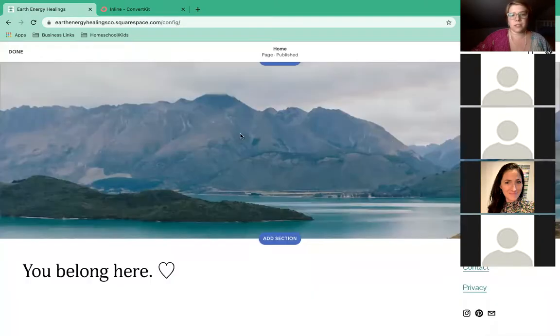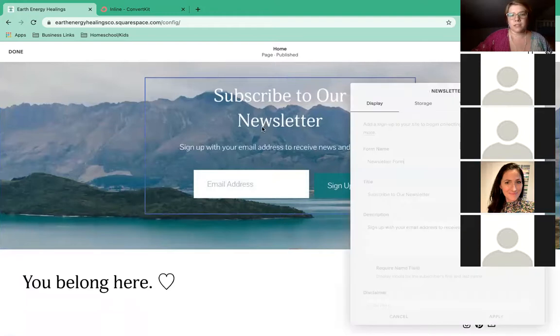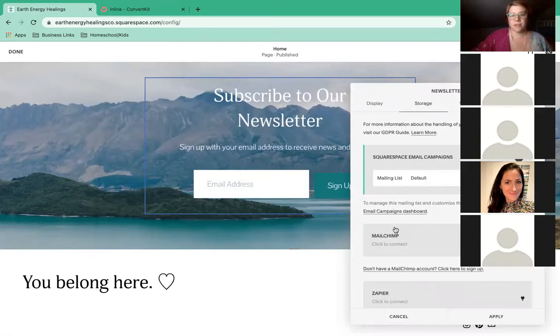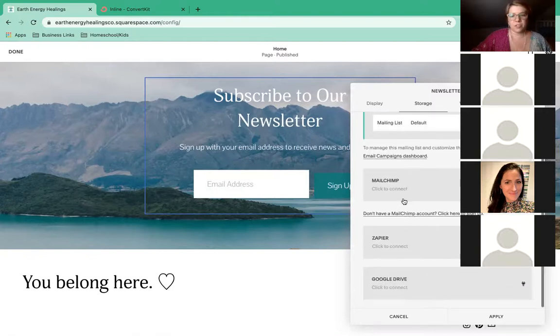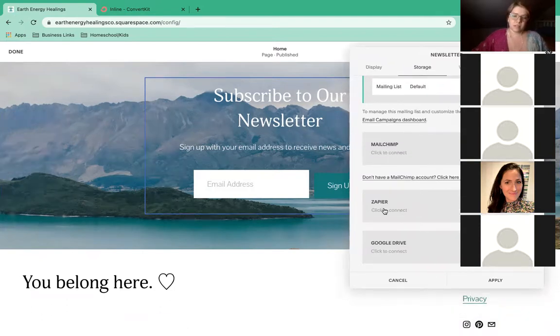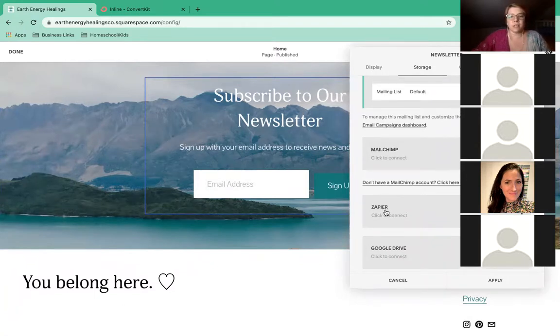And so we're actually going to delete that newsletter box, this one, because this is Squarespace's newsletter box, and the only way you can integrate it is with their Squarespace email campaigns. There's other services, but really it's just MailChimp and Zapier. And so you can use Zapier, which is a system that connects two services. So you could have this connect to Zapier, and then Zapier would send that information to ConvertKit, but